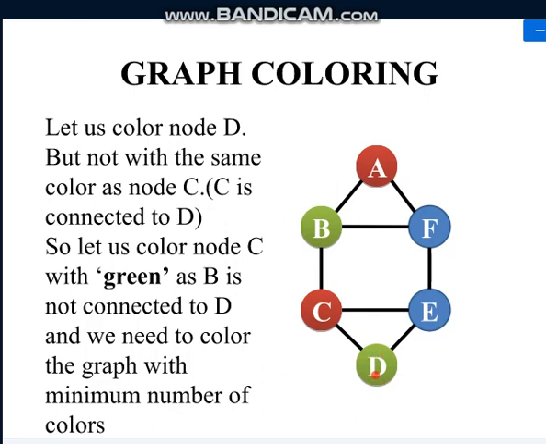Because I need to use the minimum number of colors, I'm fine with using green also, because B is not connected to D. Okay, so now again we'll go to the next one. Next in the sequence, the node we have is E. Okay, so if you look at that,